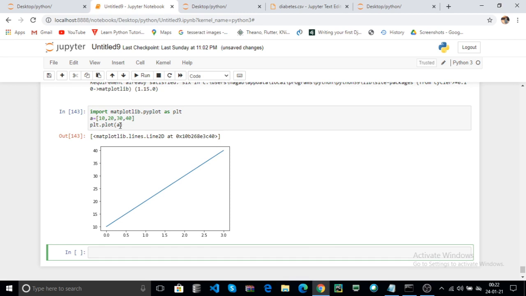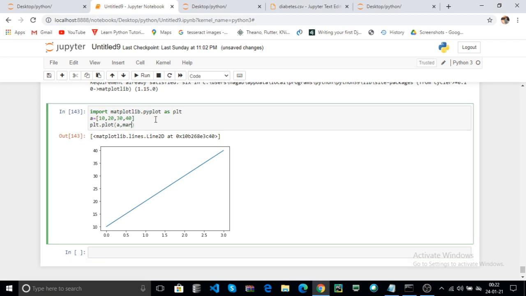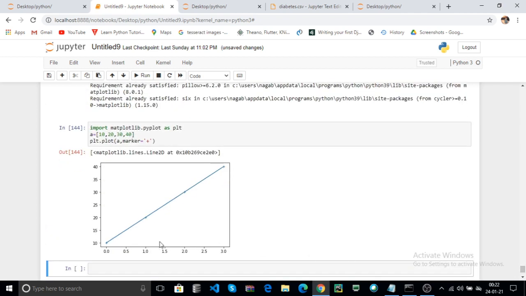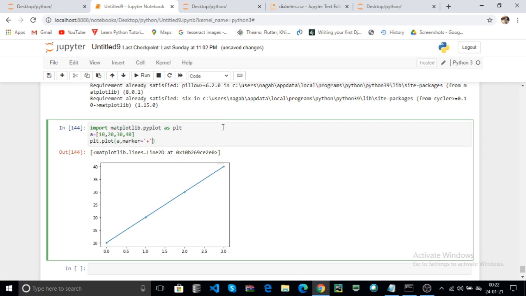For example, you can use marker as another parameter. Here I use the marker as plus. It marks the values: 10 is one value, 20 is another value, 30 is another value, 40 is another value. You can also set the line color, for example, green.